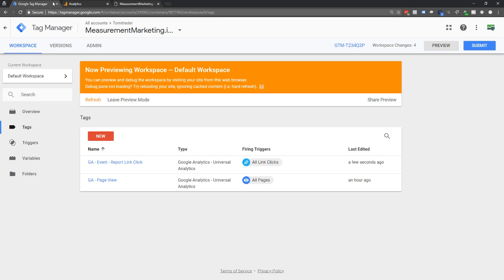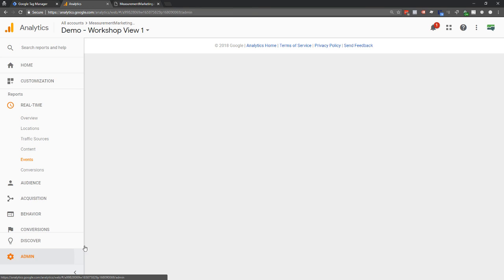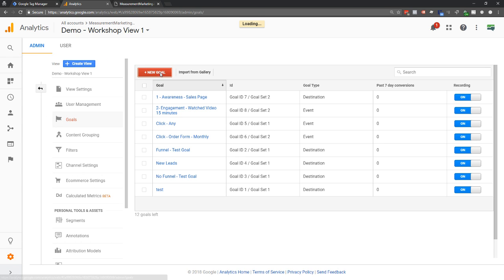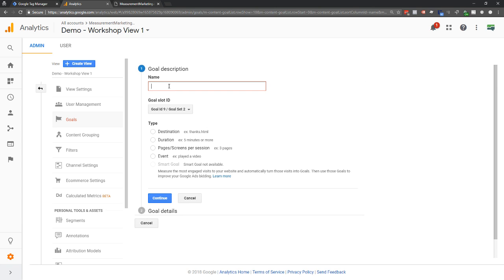I'm going to go ahead and go to Analytics. I'm going to set a goal for that. So there's our workshop. We're going to set a little demo goal. And you can remember, you can do this with all the different platforms, right? This is just an example with Google Analytics of some of the magic that once you have these events stored in your platform, you can do something with it. So in Analytics, I could build segments out of this. I could set goals because of this.